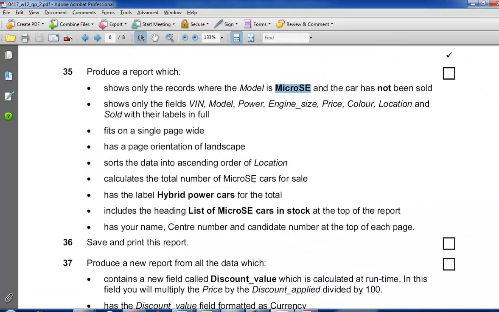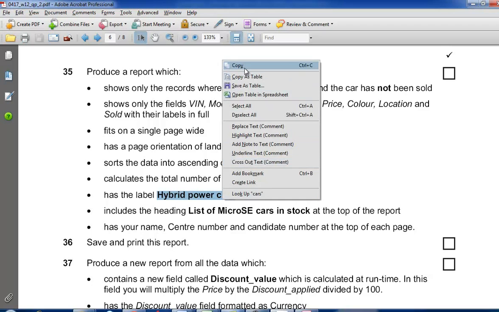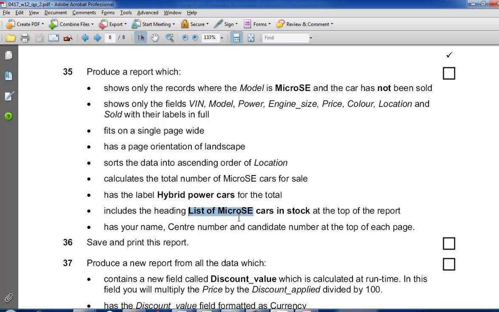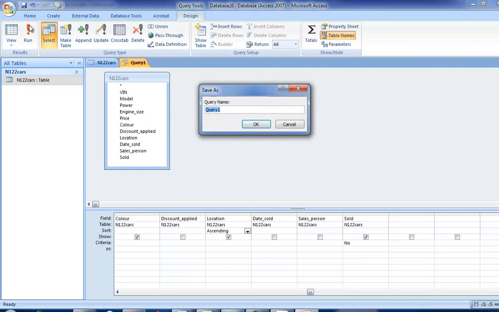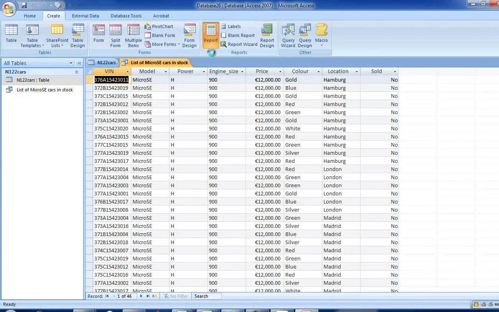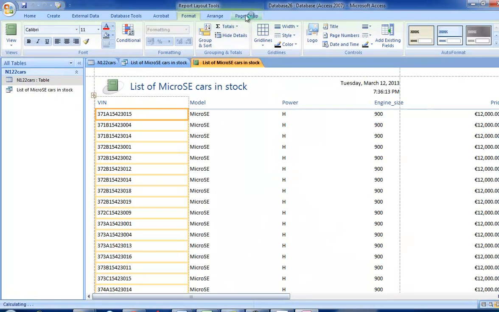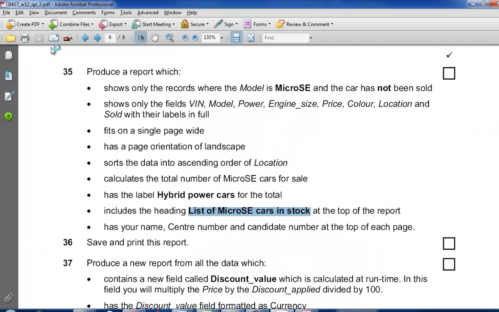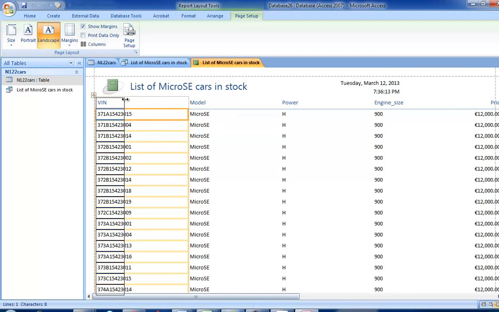What is done in the query? Make sure you do it in the query. It calculates the total number of cars, has the label "hybrid power cars" for the total, includes the heading at the top of the report, and has a center number, candidate number, and all that. Save it as this. Run it. Create the report. Make sure it's in landscape. Arrange it,